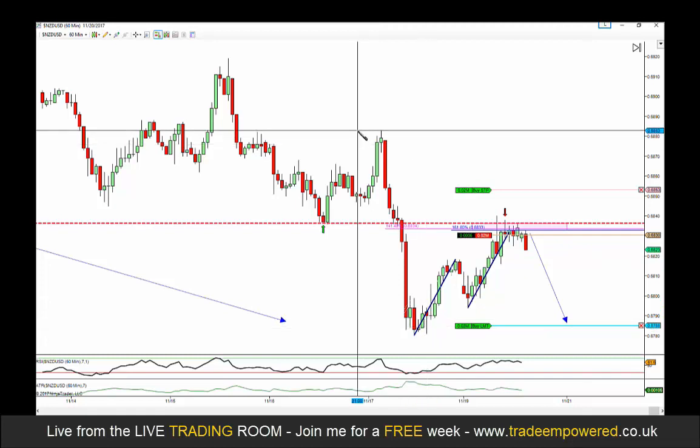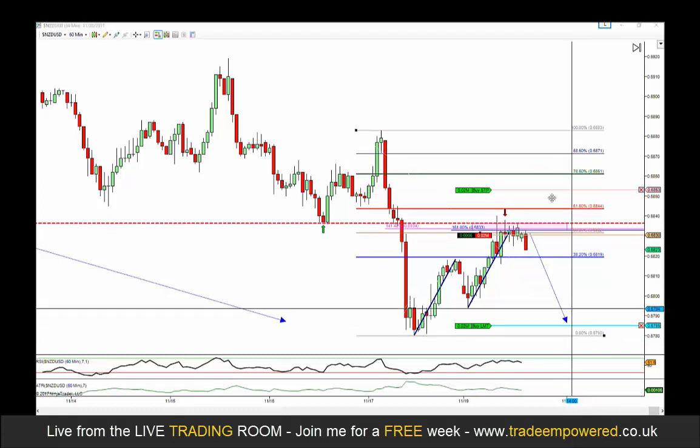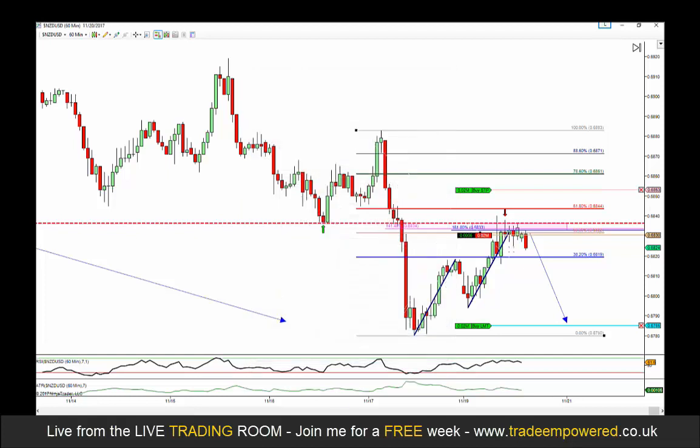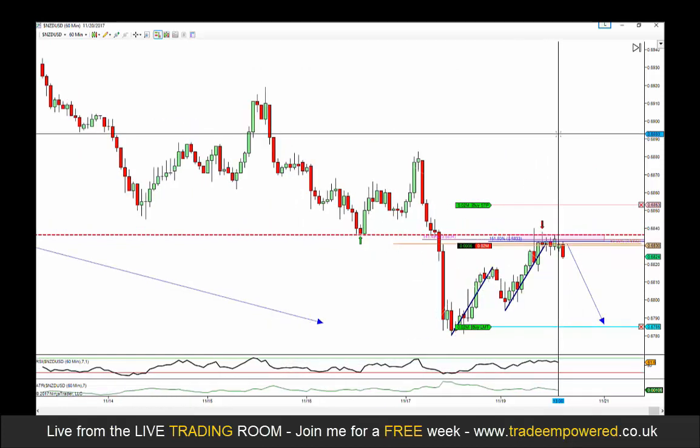Now, if you wanted further confirmation, if you don't trade the fib inversion, and you bring on a retracement tool, you're going to see that you've got the 50% lining up there as well. So not only have you got an extension and an inversion, you've got a retracement lining up as well. So there's some nice confluence in that zone. You've got an equal measured move, and then lastly, if you drop down to the lower time frame,